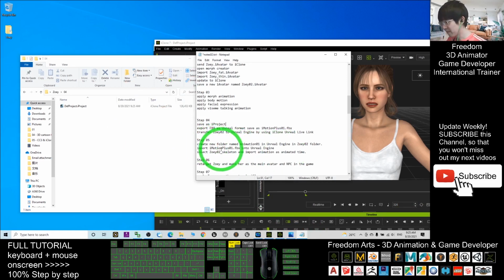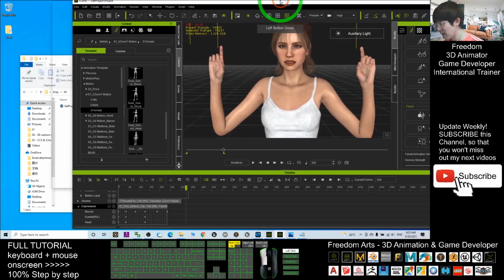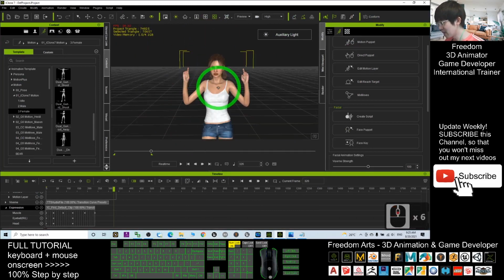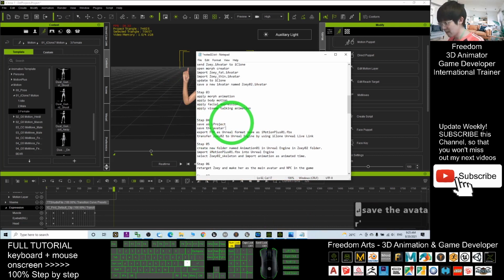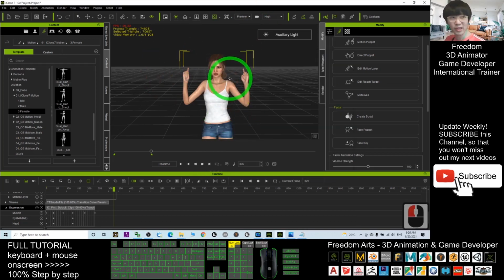in step 4 now, export the FBX file as Unreal. But before that, I want you to save the iMotionPlus. Okay, save the iMotionPlus first. Save the avatar iMotionPlus. Save the iMotionPlus so that next time you still can apply all the animations that you created in other characters,